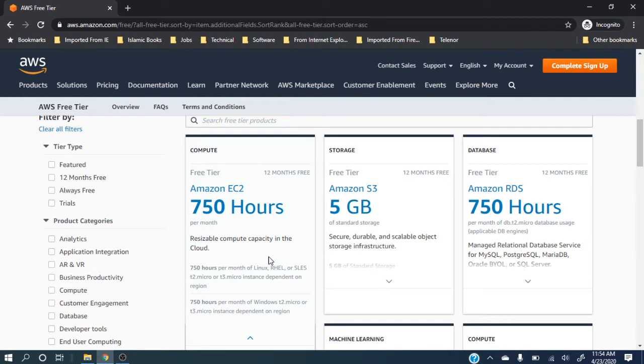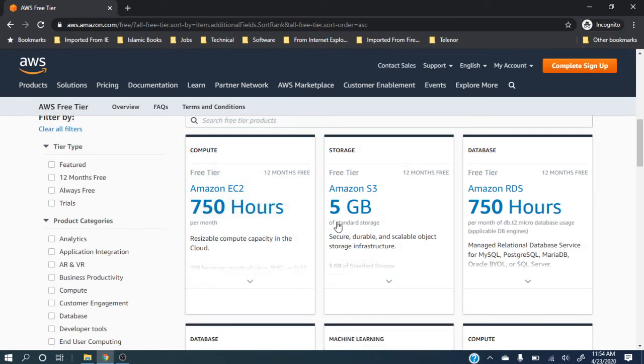It will not be charged to you. It will be part of your free tier. So this is free tier compute engine, free for 12 months, and you can use 750 hours in a month. There are almost 750 hours in every month, so it means that it's free for the whole month.